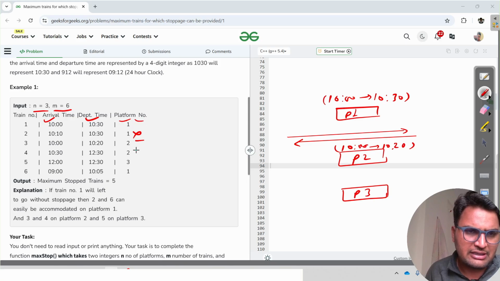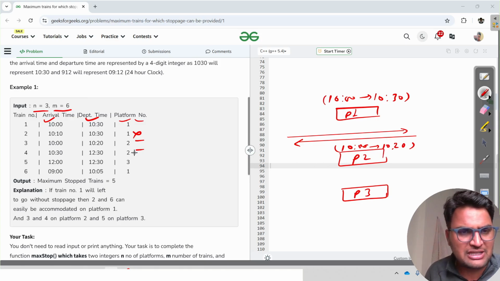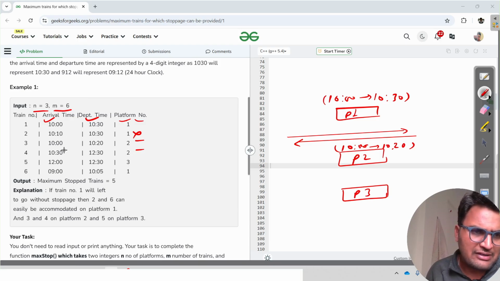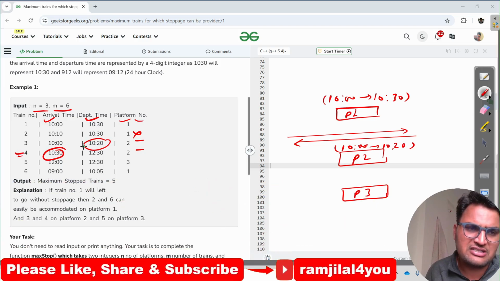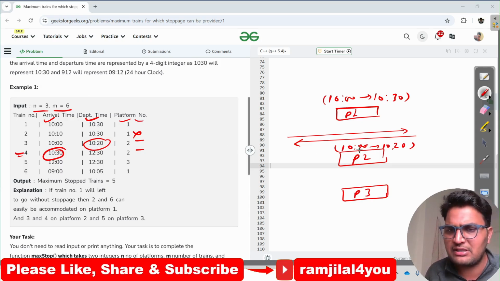Now the fourth train, it will come at 10:30, and it will come on the same platform number 2. So here you see that the arrival time of this is 10:30, and the departure time of the previous train on the same platform, that is platform number 2, is 10:20. It means this fourth train can come after this train, after departing of this one, the third train. So it can be stopped here. So which train? This is 10:30 to